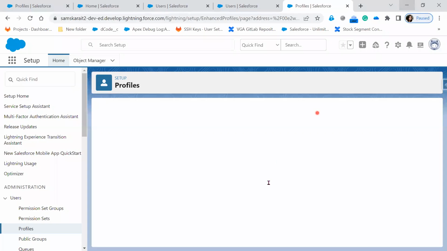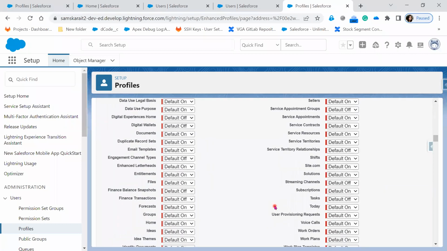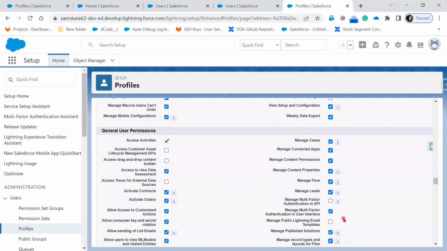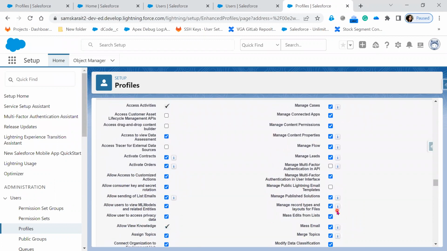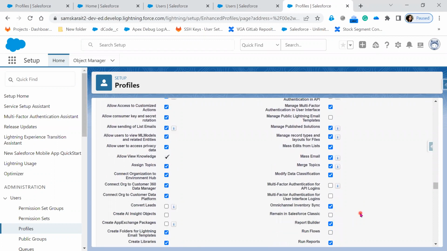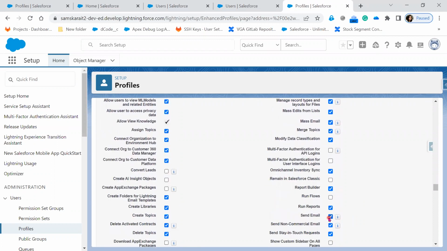For example, we have email options. So in general, there is an option called email, mass email, right? Send email, single email. If I uncheck this, automatically the mass email will get unchecked. That means right now, wherever I'm seeing the email options,